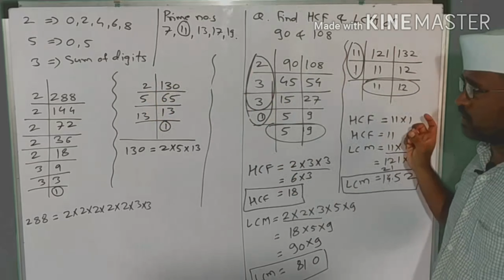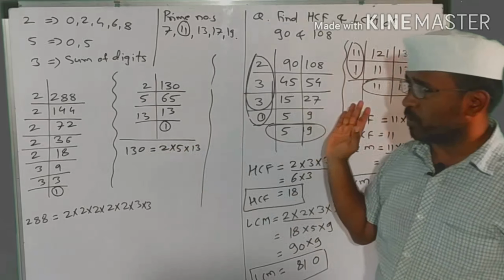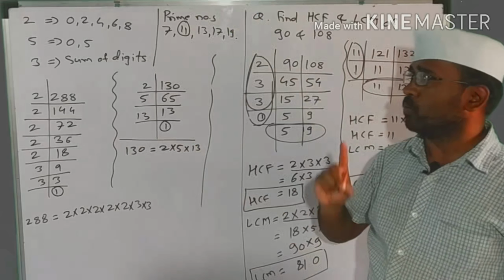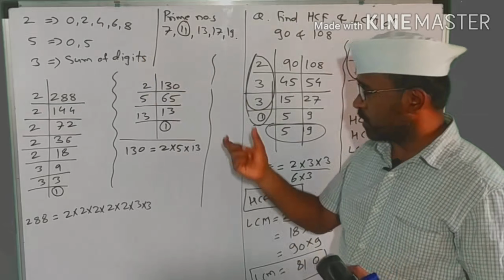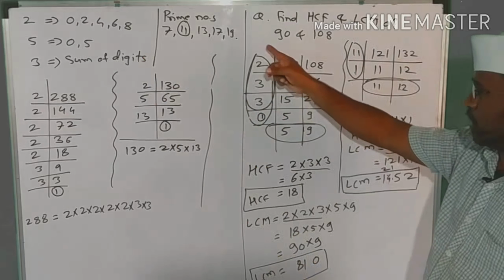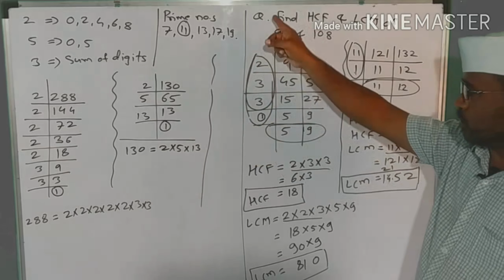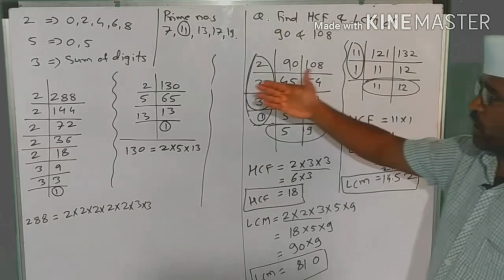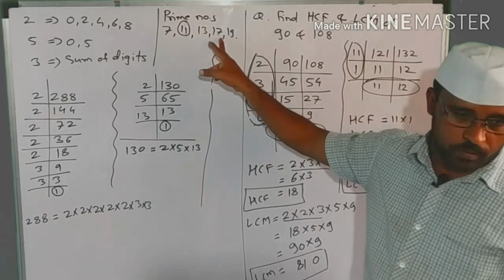As this lesson is about quick revision, this whole board is enough to revise one lesson. To revise HCF and LCM, the basic skills required are factorization of two numbers together, multiplication of the first row to find out HCF, and multiplication of the first column and last row to find out LCM. If numbers are not divisible by these numbers, we have to go for prime numbers. That's it. Thank you.